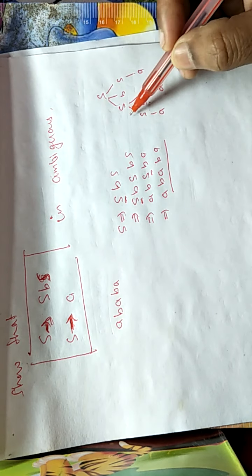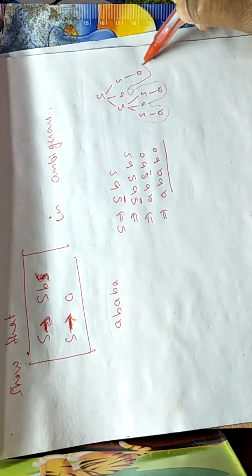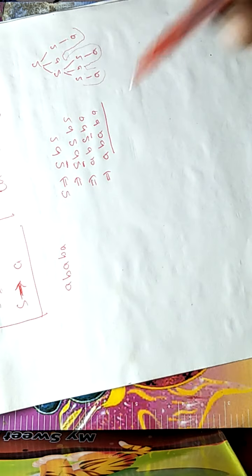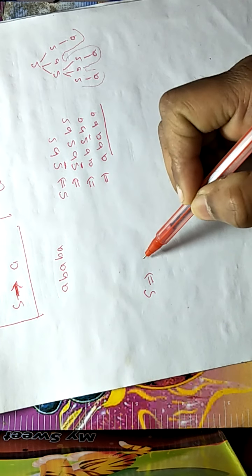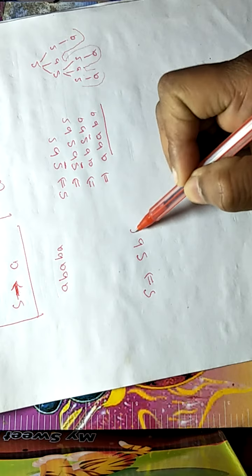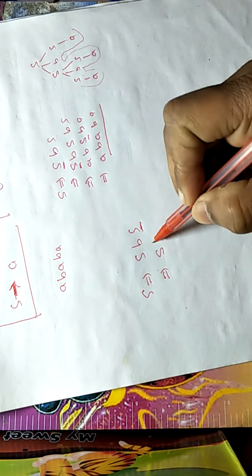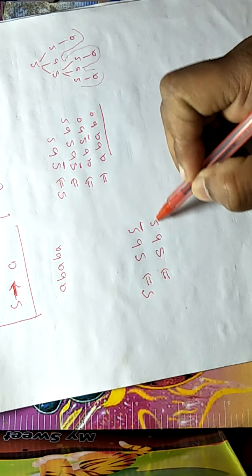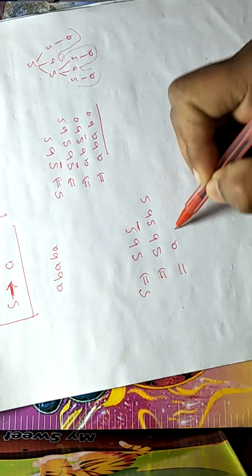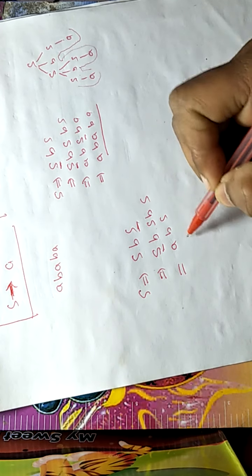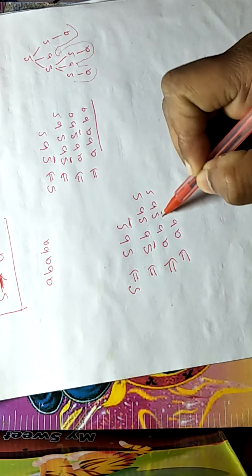String is ABA. I can derive this string also using this derivation. Suppose I am replacing this S by SBS, and replacing this S by A, and replacing that S by A